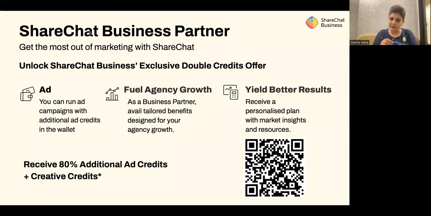So let's have a one-to-one chat on this. But yes, we can do pin code targeting. We can get into relevant groups. But our urge would be that if you are starting on the platform, till the time the system learns about your product, in those initial few months, don't get into too much niche targeting because the funnel gets really narrow and the results are not that effective for you.